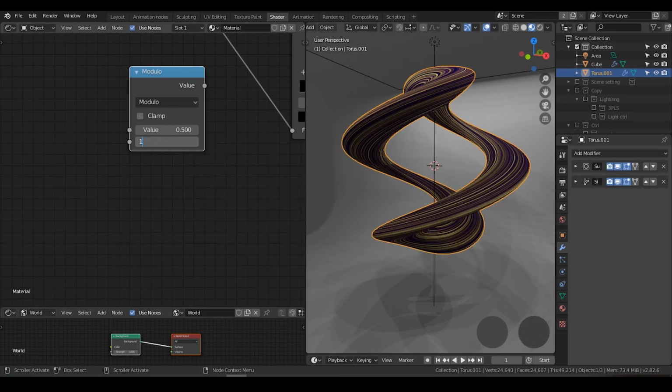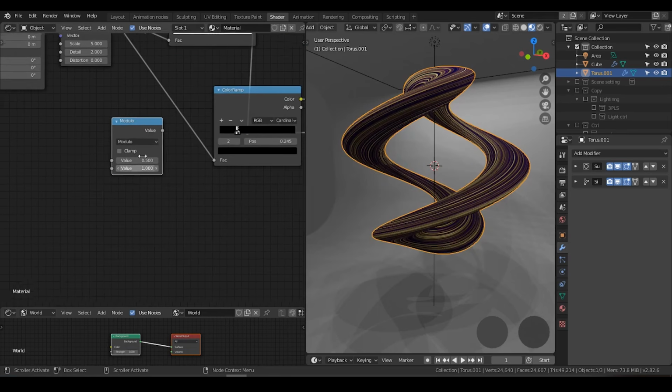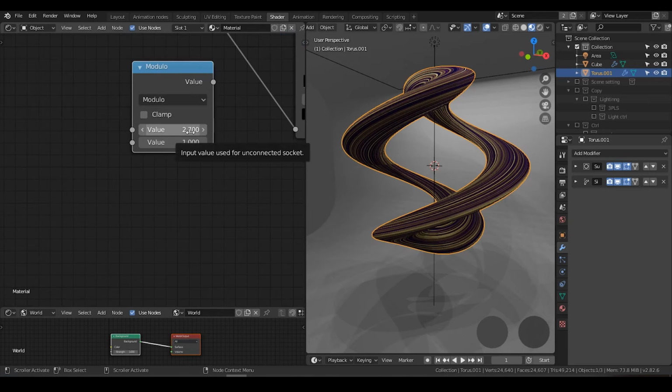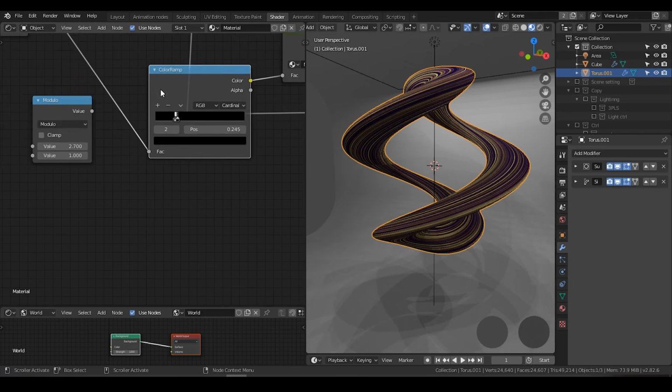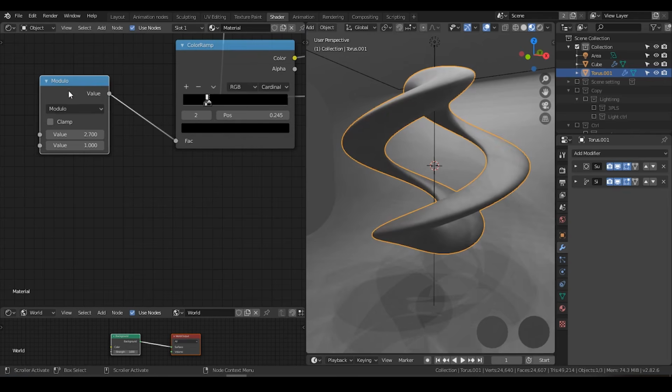modulo. In another tutorial, I explained modulo a lot, so I don't want to repeat. Basically, the idea is if I'm setting this value B as 1, then all the values will cycle between 0 and 1. So this is the principle. So now even if this value A is 2.7, it will actually be counted as roughly 0.7. And this color ramp always only accepts numbers from 0 to 1. And in this case, I'm going to plug that into,